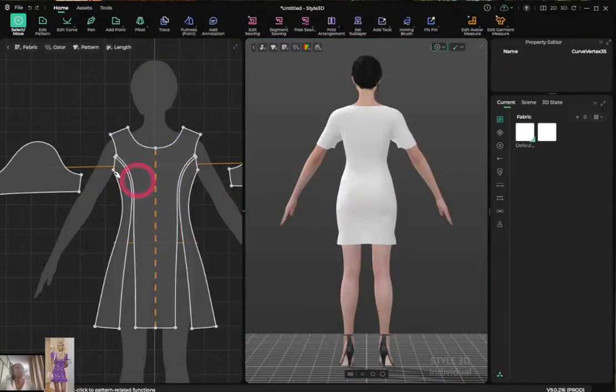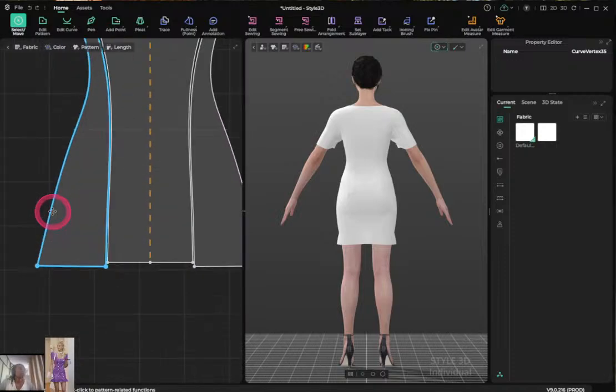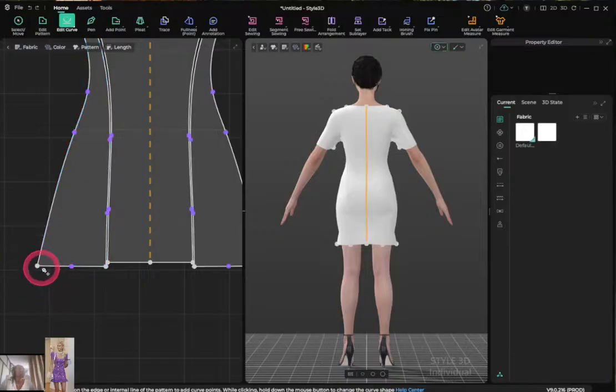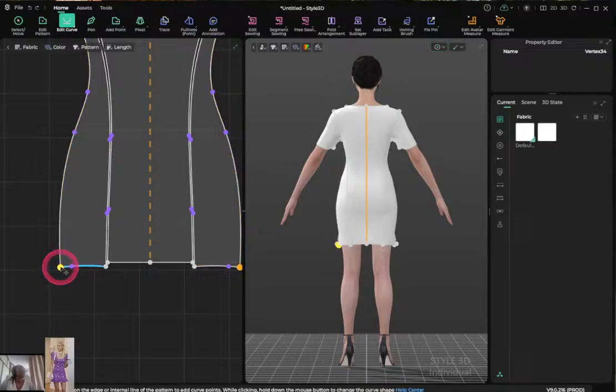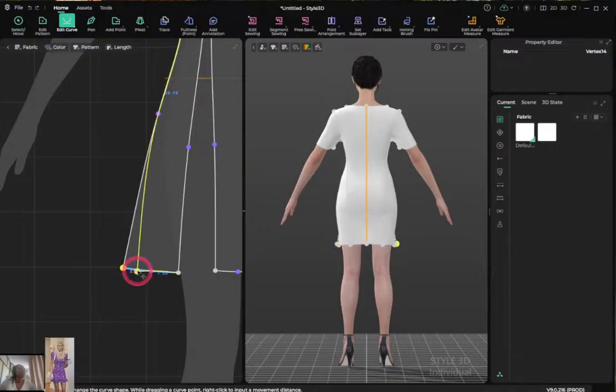So 8. And now I have to remove this flare because